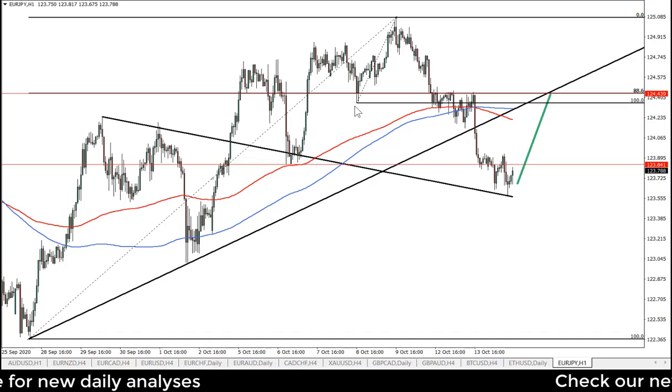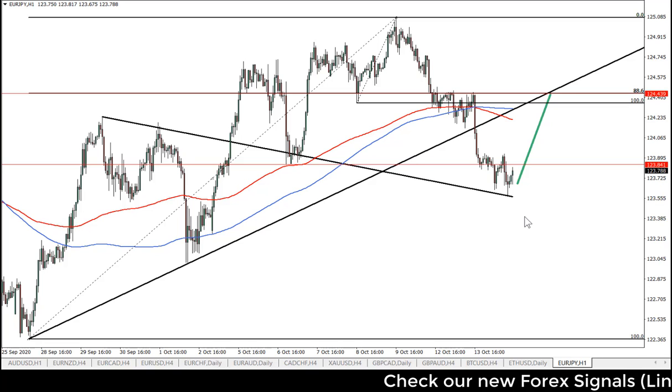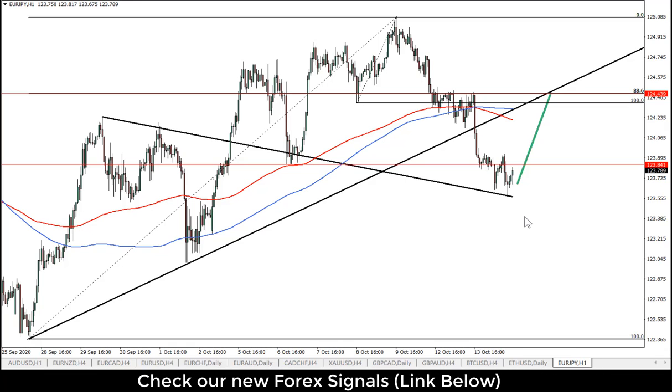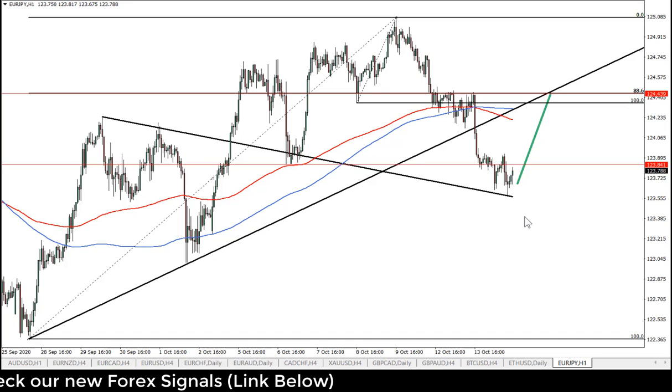The Euro Japanese yen does look very, very attractive, along with all euro currency pairs. I just cannot emphasize how strong a euro I do see potentially this week and next week. This could be quite a rally. This is my personal analysis and understanding of the price action, but it does imply a very strong euro